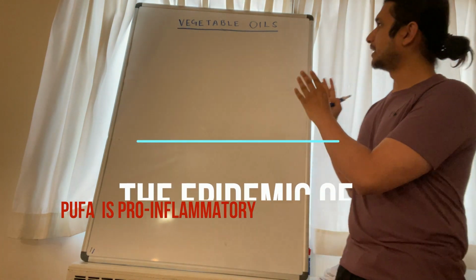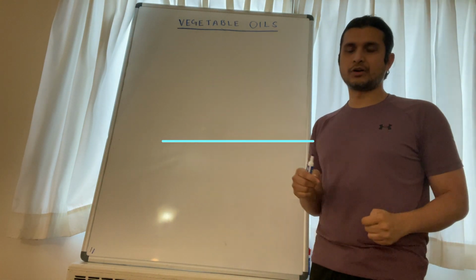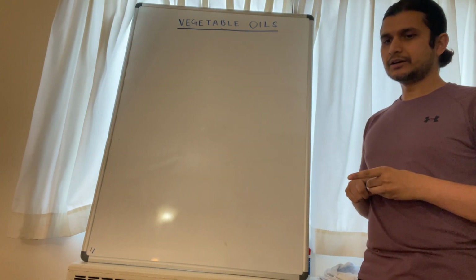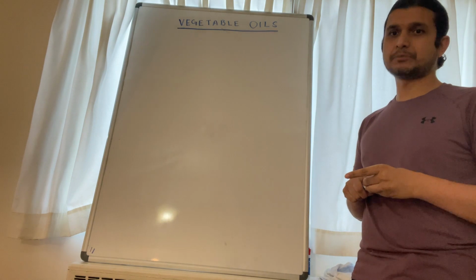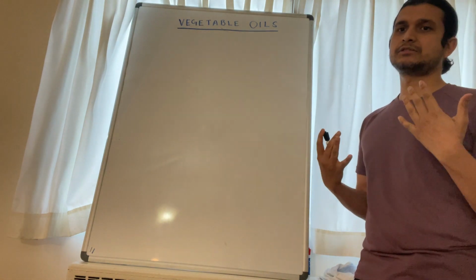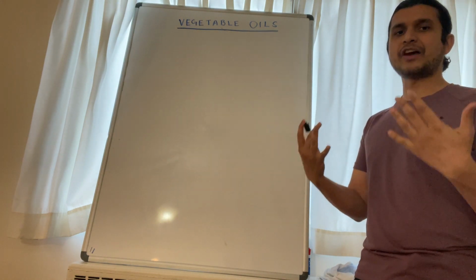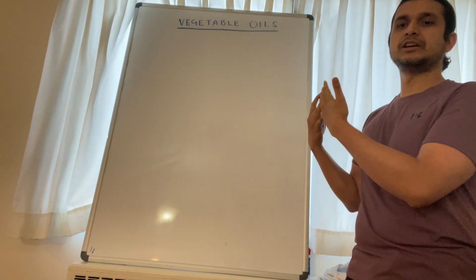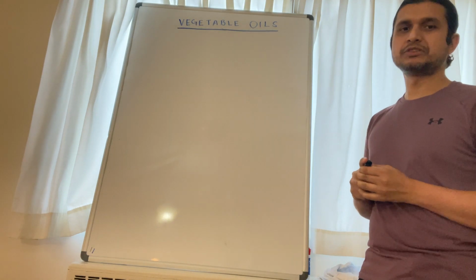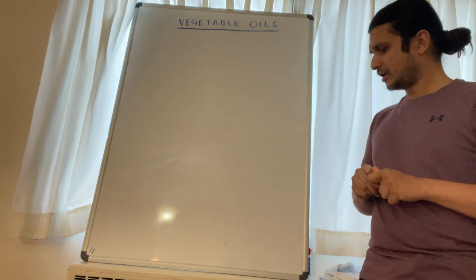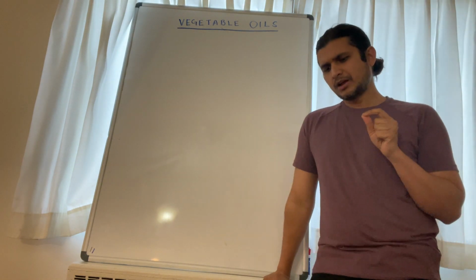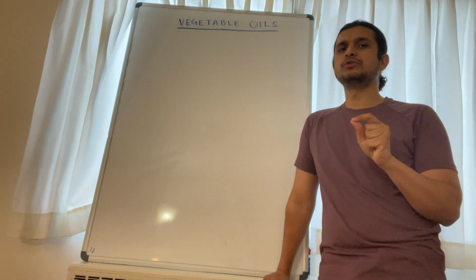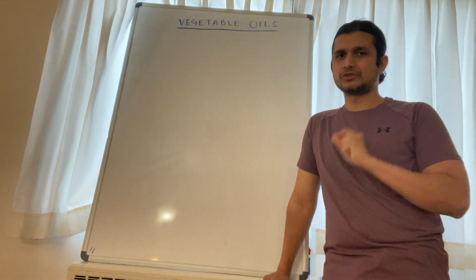So today's topic is mostly going to focus on vegetable oils, and we will be discussing the deleterious health effects of vegetable oils. How over the years we have traded starvation and famine for this monstrous processed ingredient called vegetable oils, which we use on a day-to-day basis. So it's very important to understand that the structure of vegetable oils has a lot to do with the kind of damage that it does to the body.